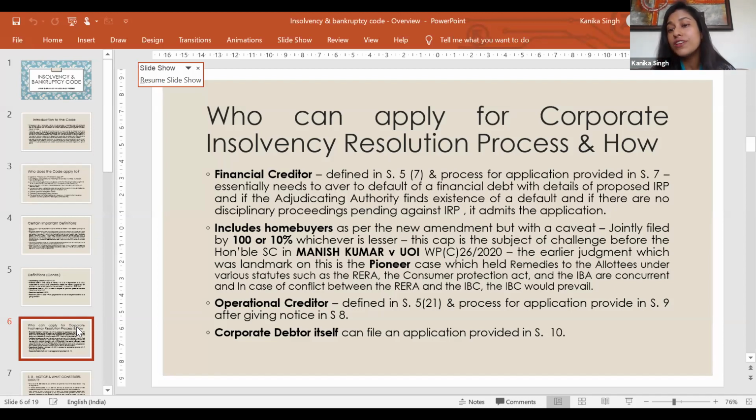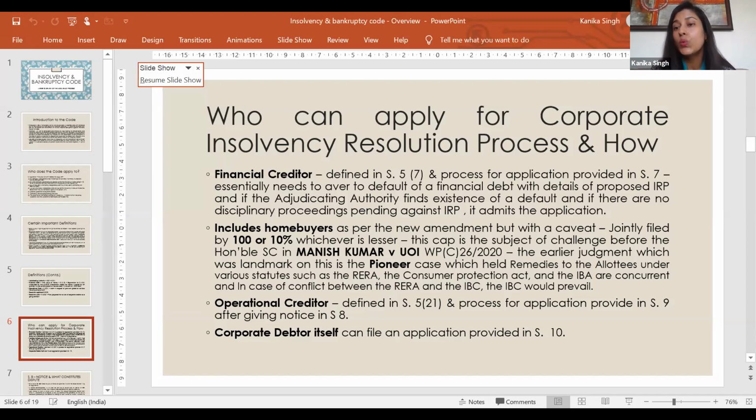Now, this issue of a cap of 100 or 10% is in challenge before the Honorable Supreme Court in the judgment of Manish Kumar versus Union of India. And so far there's a status quo operating. So we don't have clarity as to whether this particular amendment will stay, will there be a further development on it. And for those of you who want to do a little more reading on this, there was an earlier